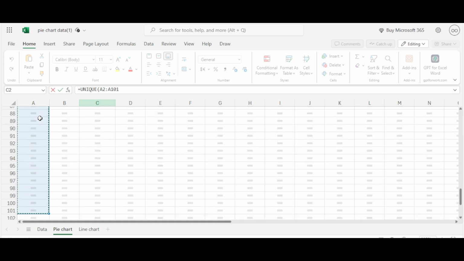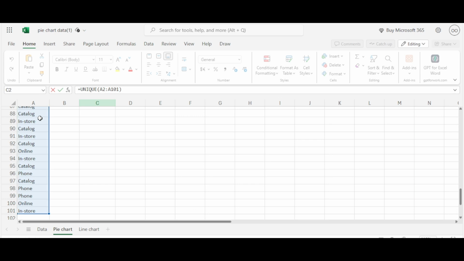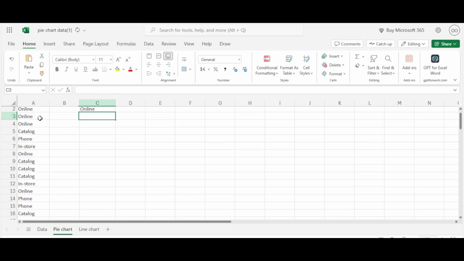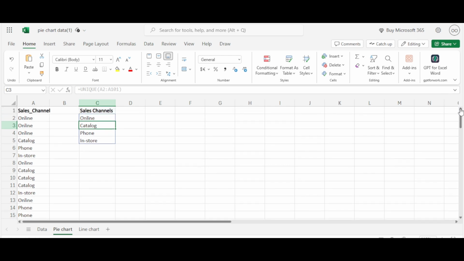Then close the bracket and hit enter. So our sales channels, as we can see, we have the online channel, the catalog channel, the phone channel, and